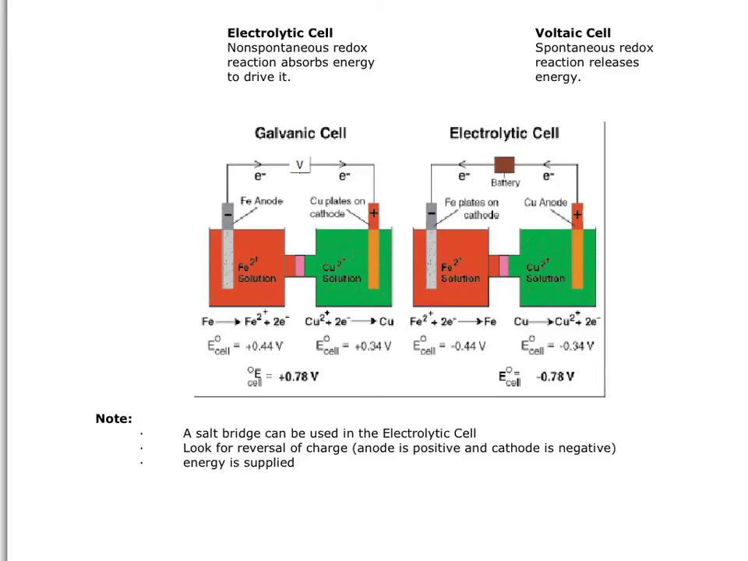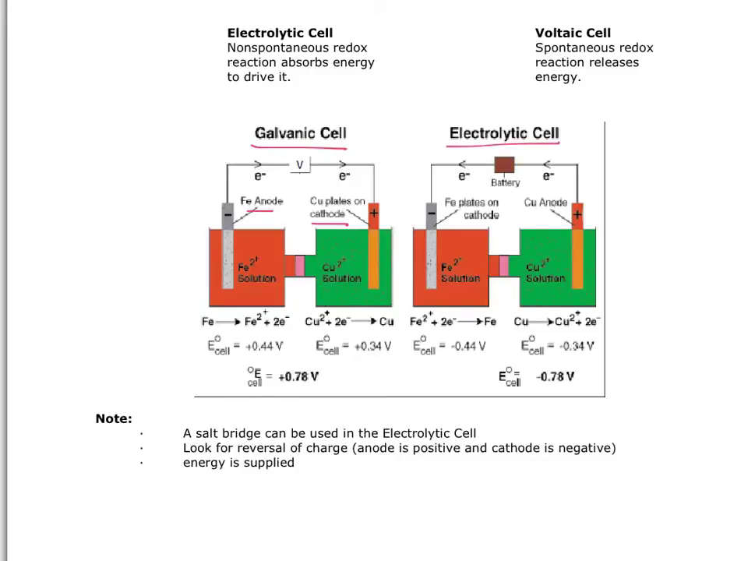This is a side-by-side view of an electrolytic cell versus a voltaic cell. A voltaic cell or galvanic cell is a spontaneous reaction that releases energy. Electrons are freed at the anode and they flow towards the cathode. In this case, the anode would be Fe and the cathode would be Cu or copper. For an electrolytic cell, which is a non-spontaneous reaction that absorbs energy,